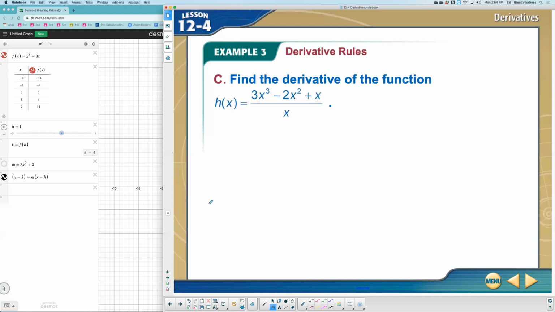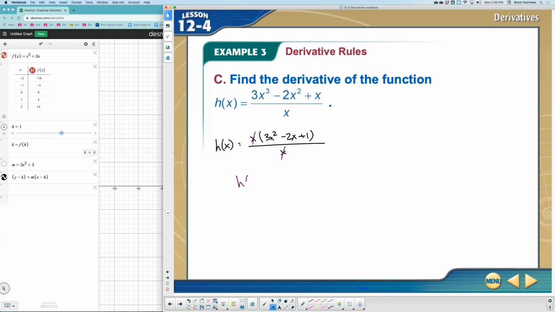And here's part C. On this one, notice that we're working with the division. We could use some algebra rules, though, to simplify the function h. We can notice that in the numerator, each term has a value of x, so I could do a greatest common factor and divide out that power of x that is shared all the way across. And so I'm left with 3x squared minus 2x plus 1, because x divided by x is 1. All this divided by x. When I simplify,